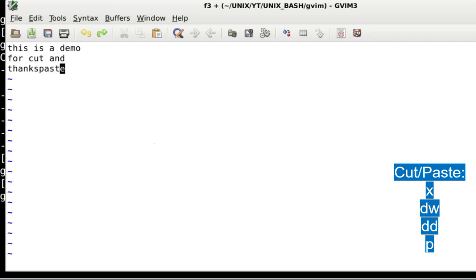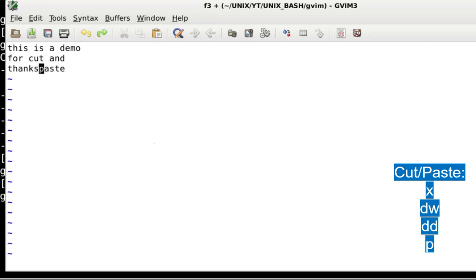So you can see, always remember that when you cut a word and paste it, it is pasted on the same line, not on a new line. Only when you cut a line can you paste it as a new line. So if you wanted to have a space here, you could have entered a space first, or what you can also do now,